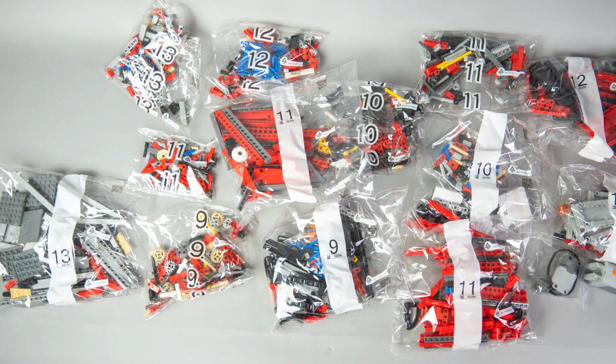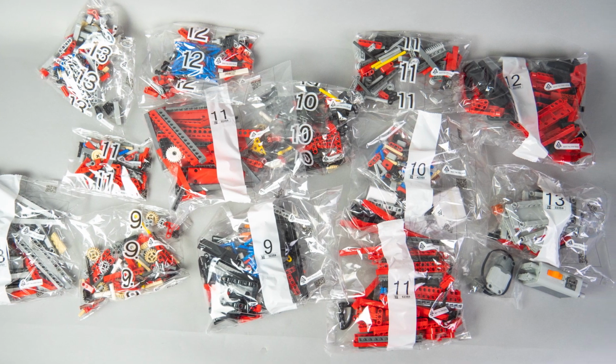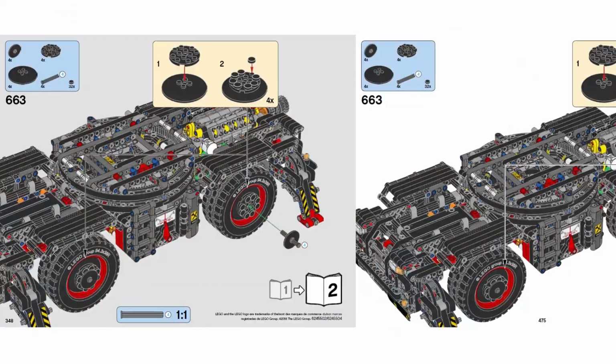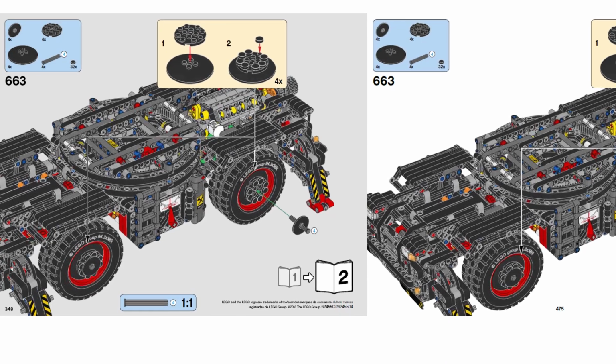Unfortunately, this is not the case for the second half, so the bags from 9 to 13 need to be opened all at once. I strongly suggest to take some time and sort the pieces, that will save you a lot of time later. Another interesting fact, despite the identical lower sections, the first part of the instructions for the